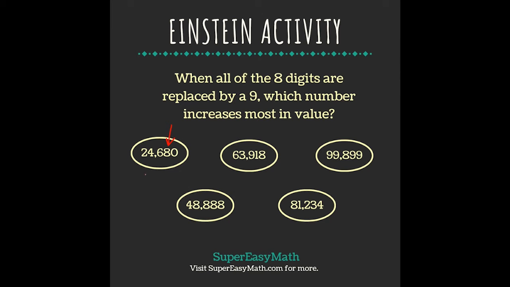So this 24,680 would become 24,690. The 63,918 would become 63,919. The 99,899 would become 99,999. The 48,888 would become 49,999. And the 81,232 would become